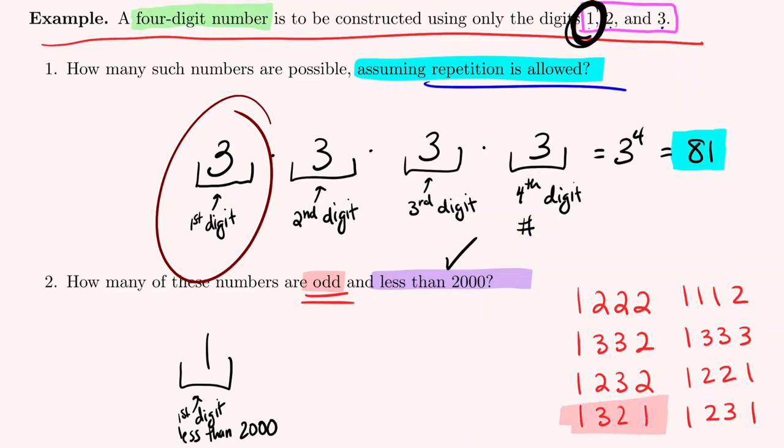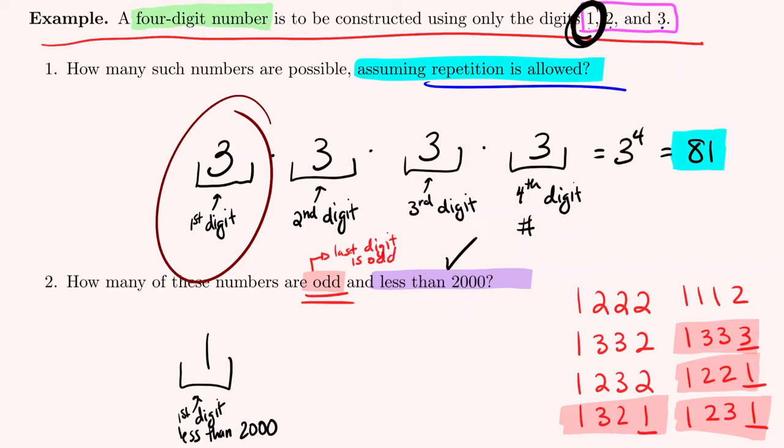What's considered the odd numbers? These 4. What is the property of these 4 that I've highlighted that makes them odd? The way you determine an odd number or an even number is always the last digit. A 4-digit number is odd if its last digit is odd. Similarly, a 4-digit number is even if its last digit is even. So when they say that we want an odd number, this means I must ensure the last digit